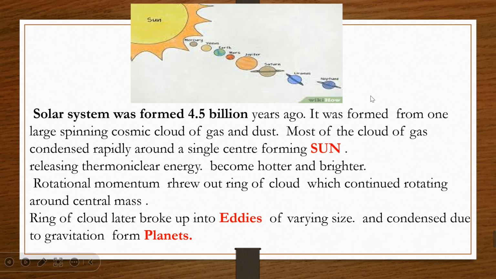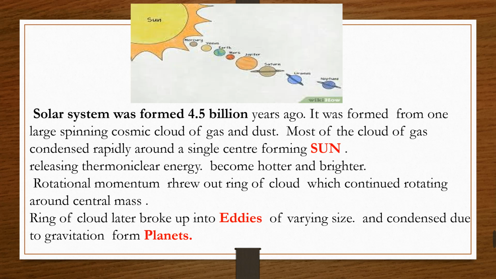So in this slide, you come to know how the Earth has formed from the solar system. So what is the role of the solar system, the nebulae and the eddies in the formation of Earth? The solar system was formed about 4.5 billion years ago. It was formed from one large spinning cosmic cloud of gas and dust, and most of the cloud of gas